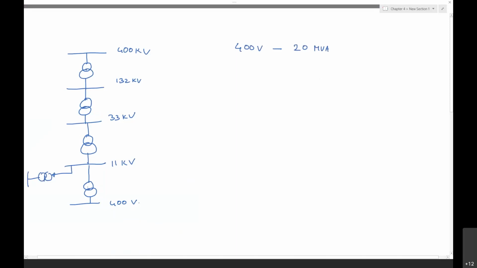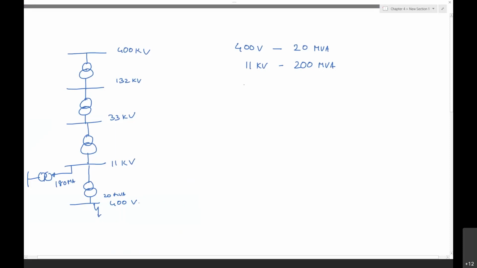But generally, at the 11 kV line we have an MVA of around 200 MVA. But the remaining 180 MVA is going to transfer to the other lines, and about 20 MVA is going to transfer over here. At this particular point, 20 MVA is connected. At 11 kV, it is 200 MVA. Some power has been transferred to the other lines also.